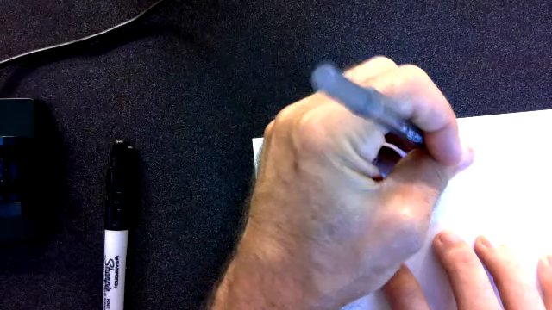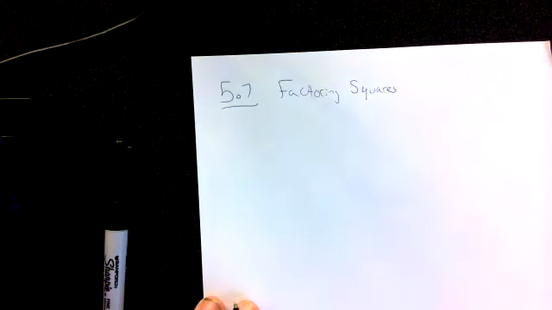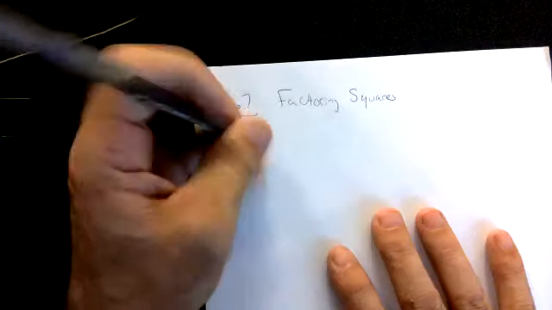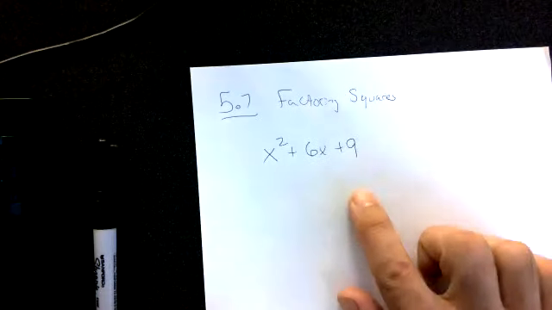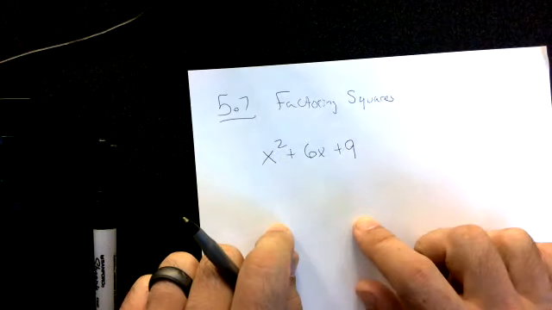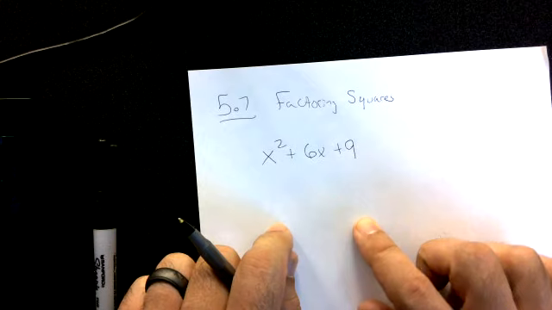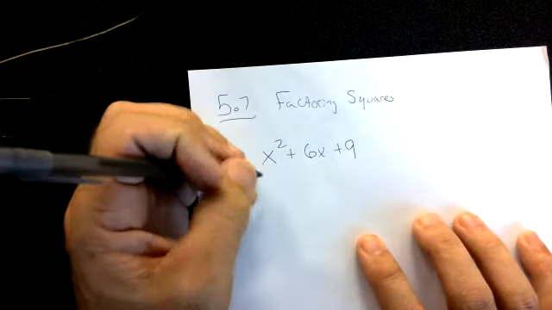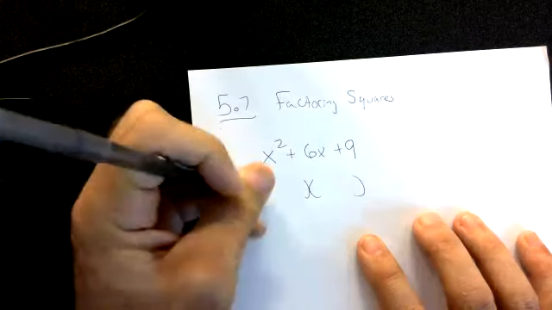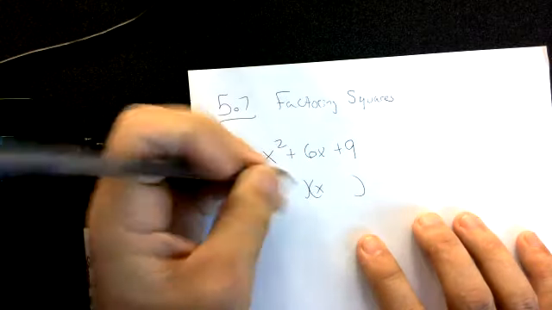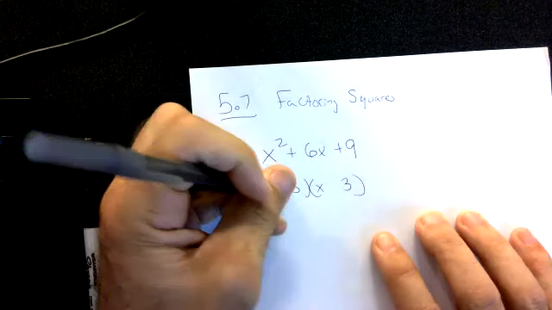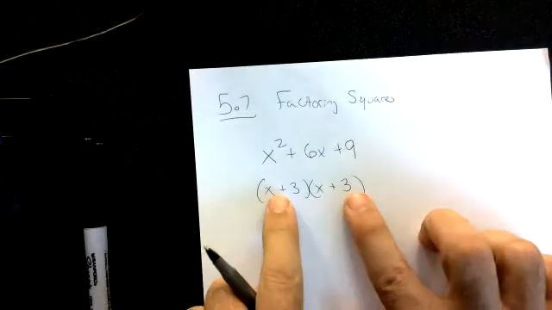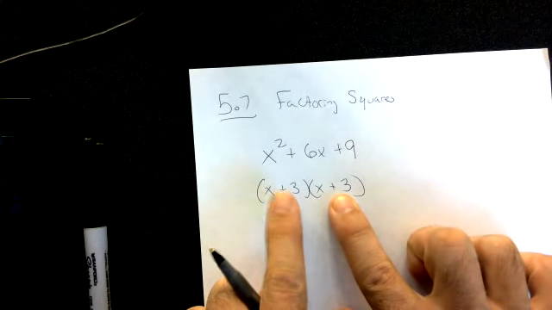Okay, so 5.7 is convenient. There's a couple of trinomials. They'll give you something like x squared plus 6x plus 9, which we can factor in the same method. X squared is just x and x. 9 is 3 times 3, that also adds to get 6. So there's my terms. The thing that makes this different is because these two terms are the same,